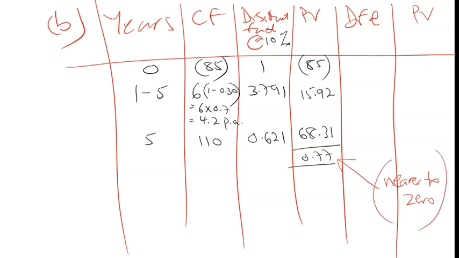Nearer to 0. So we can safely say the cost of debt is equal to 10%, the discount factor which we have just used. Okay, so that's the cost of debt, because it is almost equivalent to the IRR. Okay, the IRR. So if you want to continue, you can actually put 11% or 12% on the other